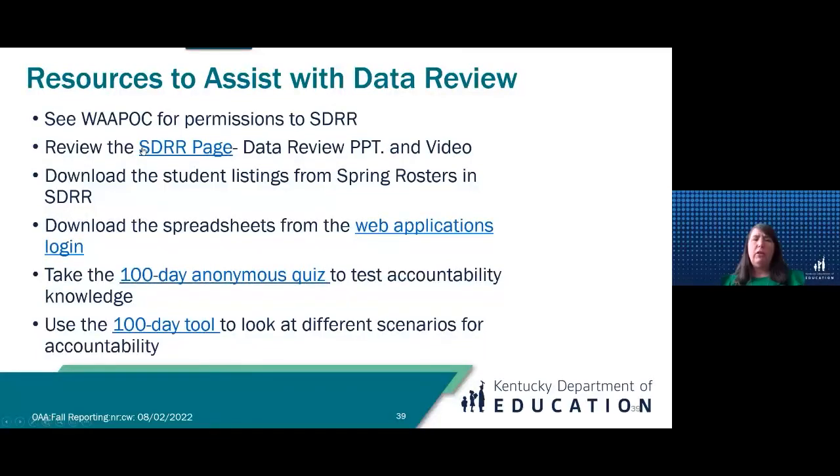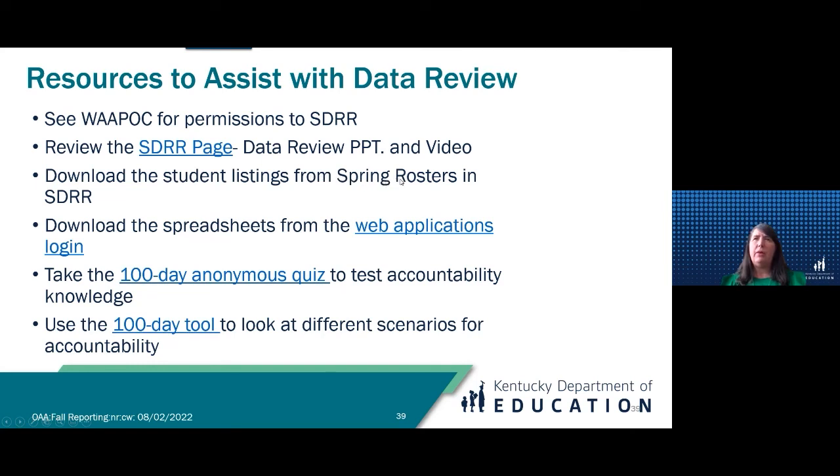Also, you want to review the SDRR page, because we do have an SDRR page on the KDE website that this PowerPoint and video will be posted on for your reference, because that's going to be an important reference. You want to watch that before your data review comes open on the 11th. You want to make sure that before the 11th you downloaded your student listings from your spring rosters.